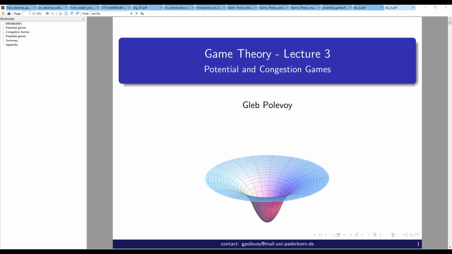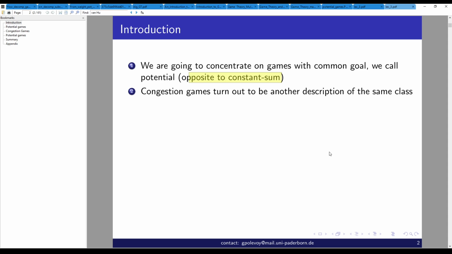As you can see here in the illustration, and also in general, potential games are in a way a physical way to look at games where the players have a common goal. That is something which we will formalize by saying that they have a potential. So they want to optimize something which is common, for example, when the players play in the same team,